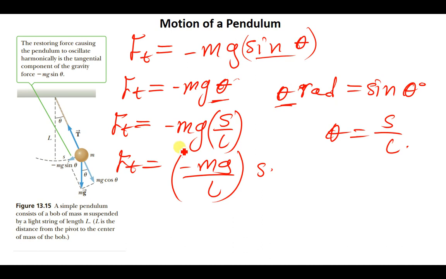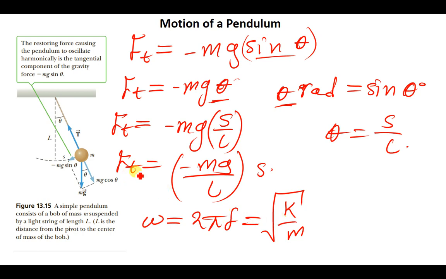So we also have to recall, if you remember very well, we also talked about the angular velocity, that we said can be written as 2 pi f, which we concluded in the previous lesson can also be written as the square root of k over m. So now, remember,